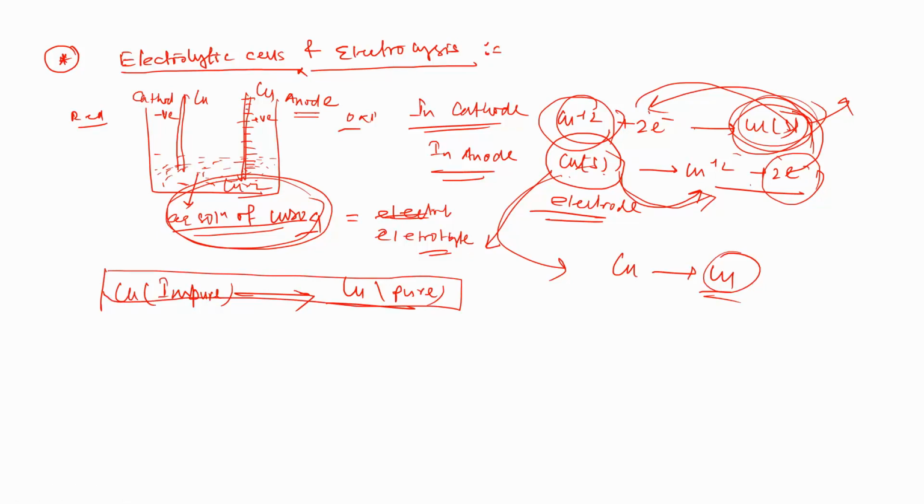Okay, so there are some industries where this electrolytic cell concept is applied and they convert impure metals to pure metals. From that impure metal, just by oxidation and reduction, they get the pure metals. So with this concept they get the pure metals. Okay, so